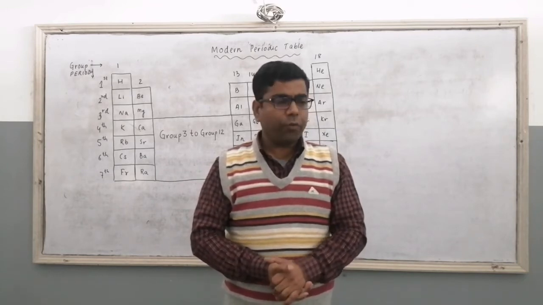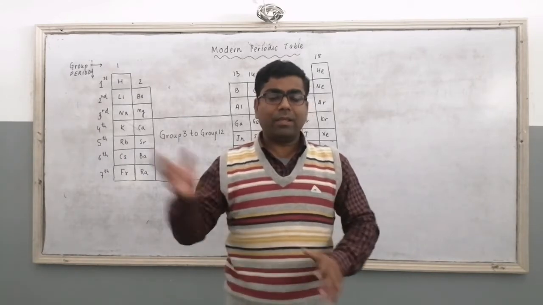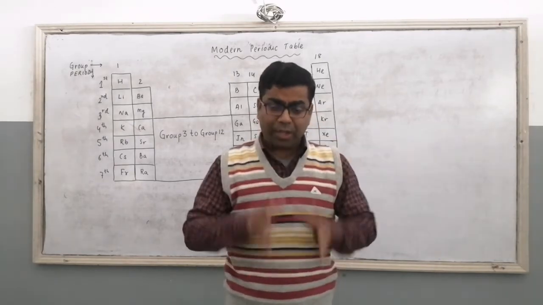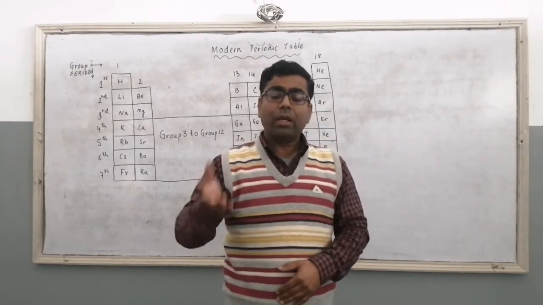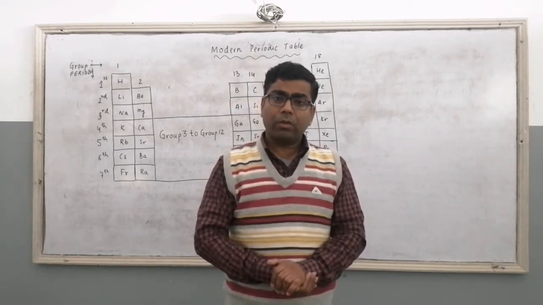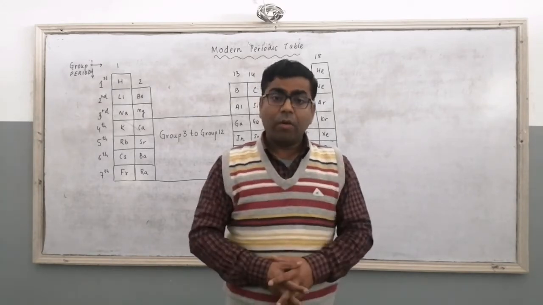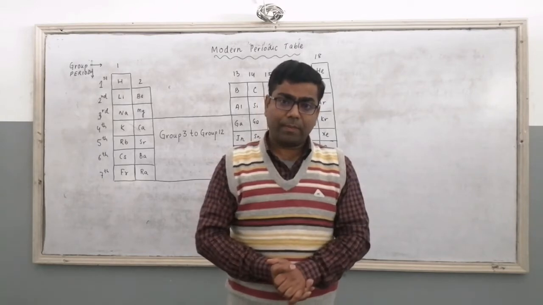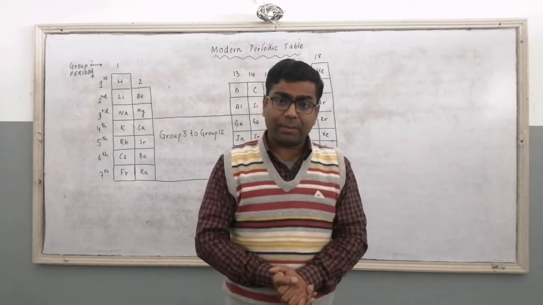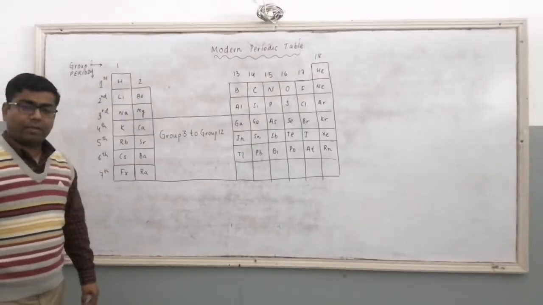The attraction on the valence electron will be from 4 protons. In lithium, it is from 3 protons. So naturally, the force of attraction due to 4 protons will be more than the force of attraction due to 3 protons. So due to force of attraction, there is contraction in size. Valence shell comes closer to the nucleus. And when the valence shell comes closer to the nucleus, atomic size decreases. So it's the rule, whenever we move from left to right,